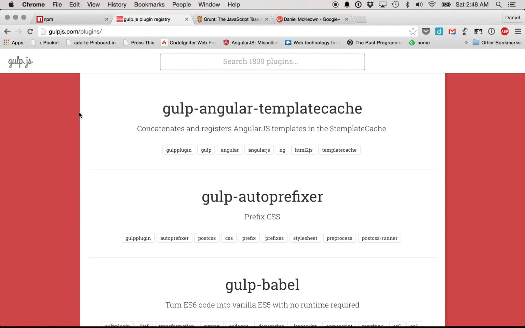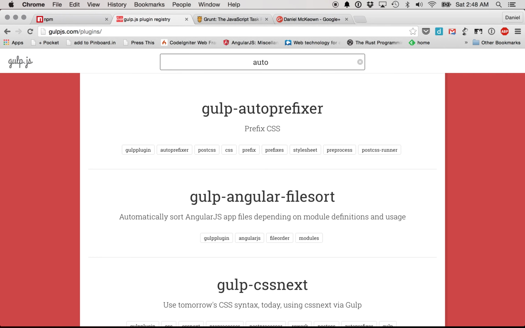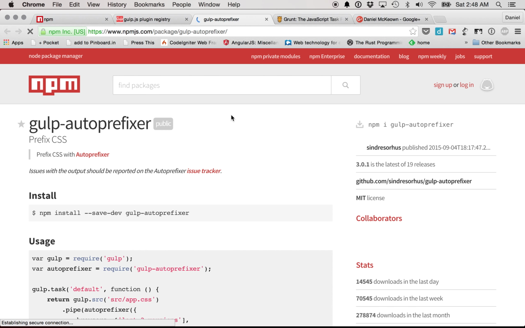Now, since it's a tool that does workflow automation, task running, if you think about it, you need something to do the workflow, since Gulp mainly provides the ability to create the automation. So the plugins allow you to do a range of tasks,